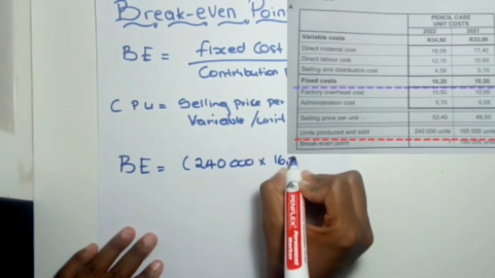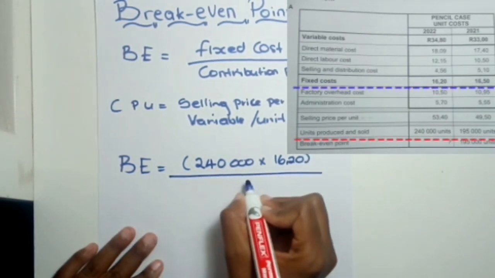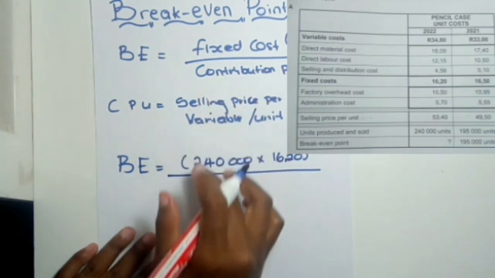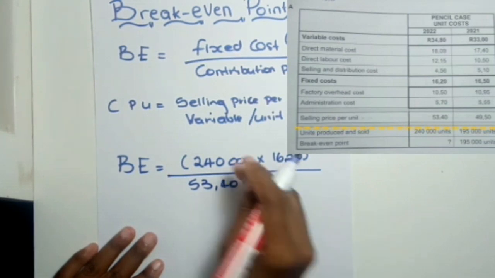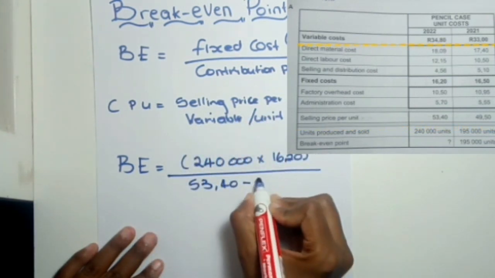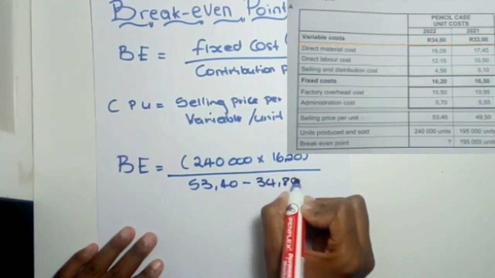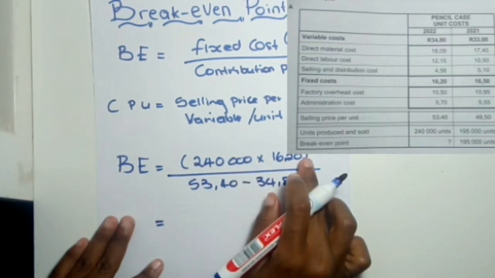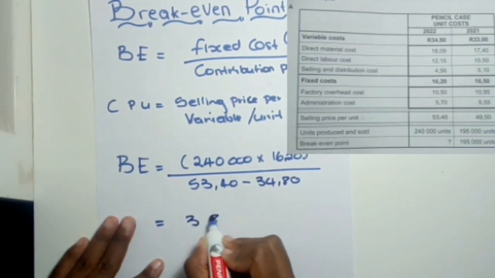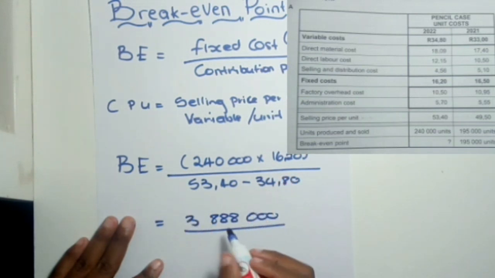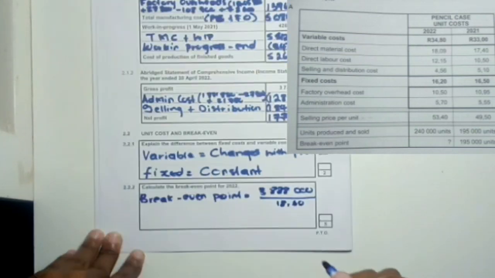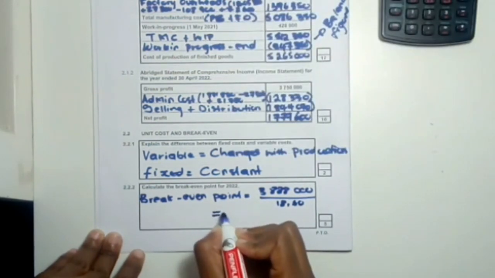Multiply them by 16 rands 20, which is our fixed cost per unit, all over our contribution per unit that we said is selling price per unit. They have given us our selling price per unit at 53 rands and 40 cents minus variable cost per unit that they have given to us at 34 rands and 80 cents. So this part in your calculator, 240,000 times 16 rands 20 will give you 3,888,000 as your total fixed cost, all over your contribution per unit, which is going to give you 18 rands and 60 cents. Our final answer there, when you put it in your calculator, will give you